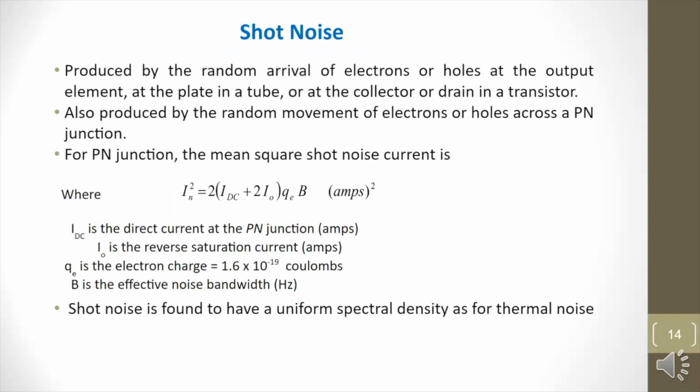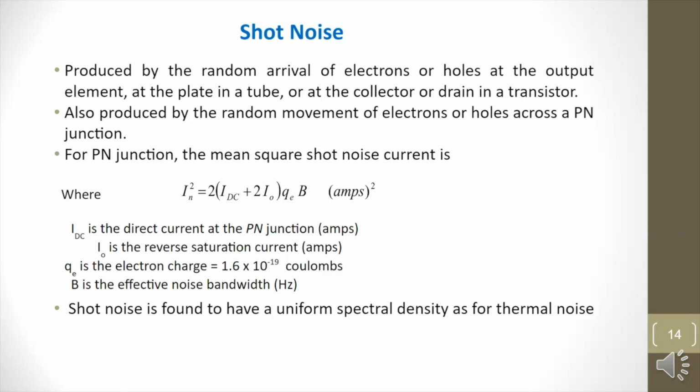Coming to the second category, shot noise is produced by the random arrival of electrons or holes at the output element, at the plate in a tube, or at the collector or drain in a transistor. It's also produced by the random movement of electrons or holes across a p-n junction. So for a p-n junction, the mean square shot noise current is given by